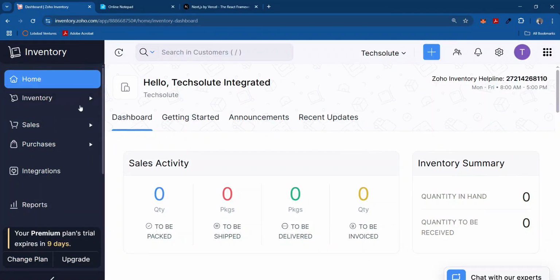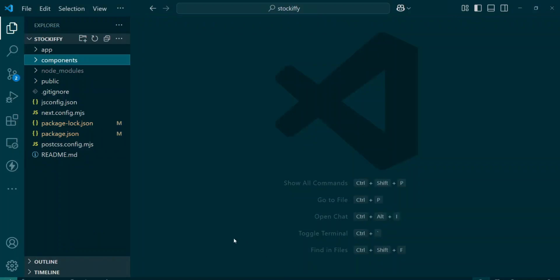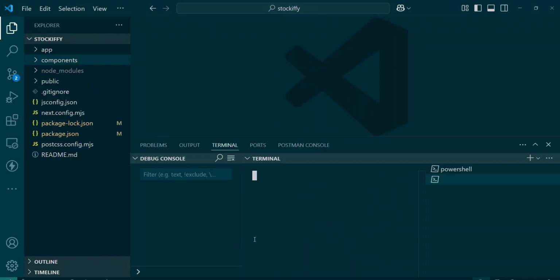Here we see, I would like us to start by creating this part of the project, but before we do that, let me bring up the terminal again,